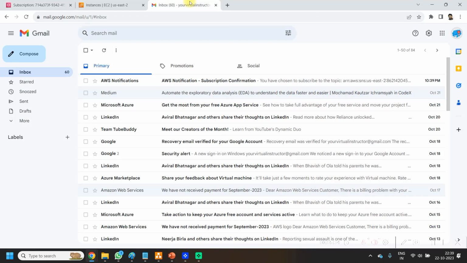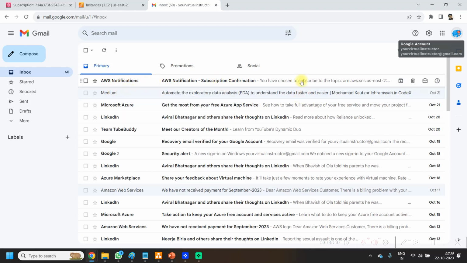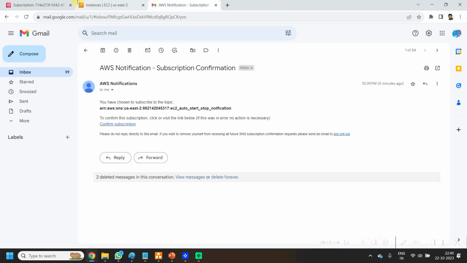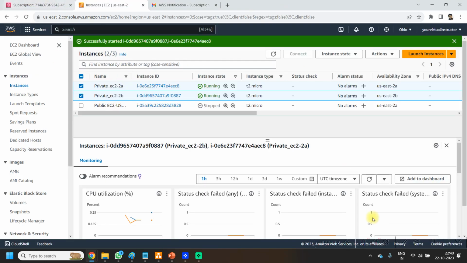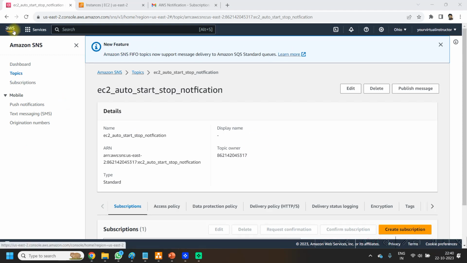Go back to your mail client and look for the mail with the subject AWS notifications. If you are not able to find it, then look in the spam folder. Click on confirm and this is confirmed. And I can see the status confirmed here. Go back to the AWS console